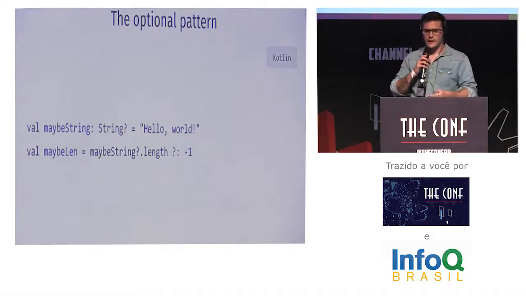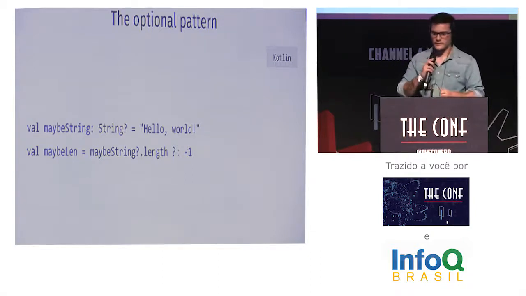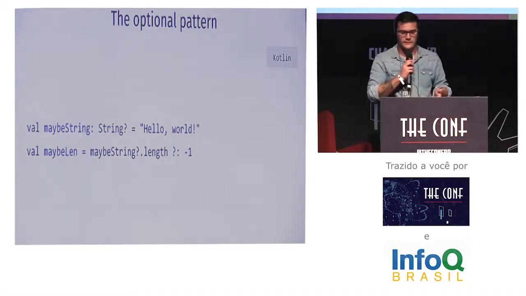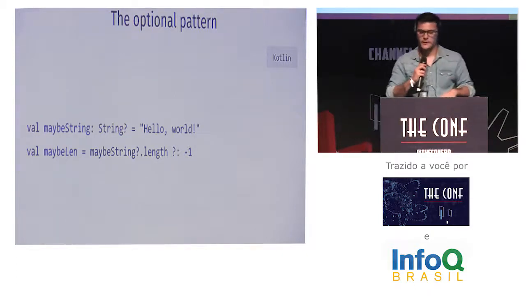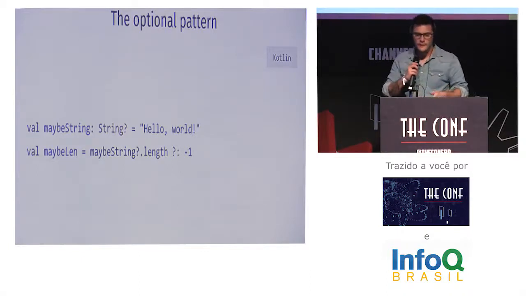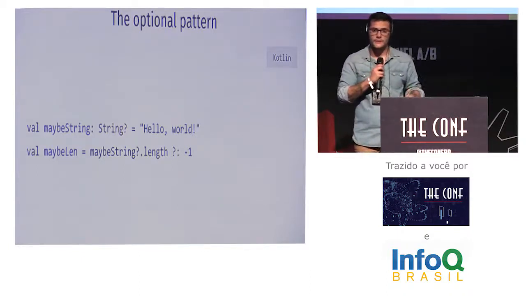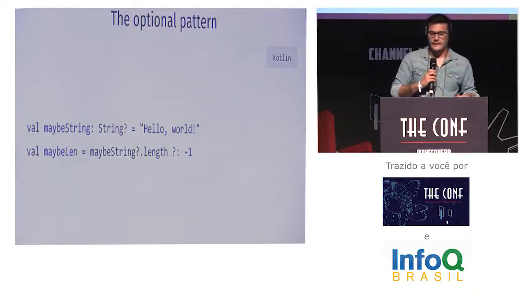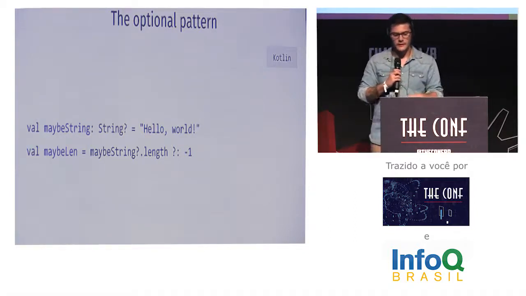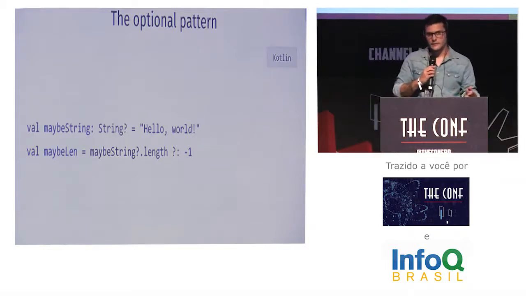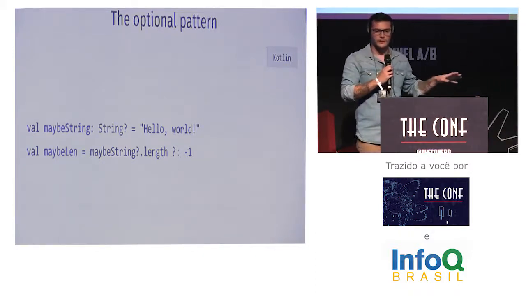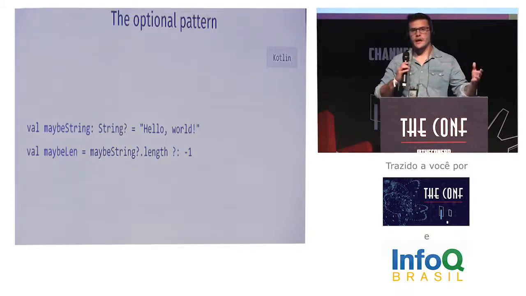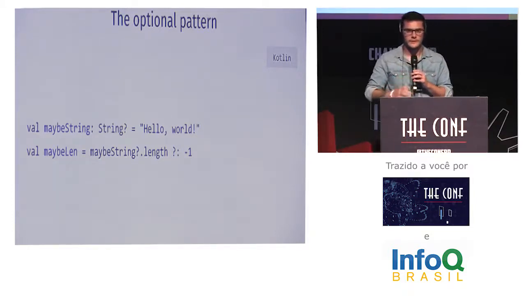Languages like Kotlin, which Valmir, one of the last presenters, showed you, also have the optional pattern implemented into their core. We just put a question mark after the type to mark it as optional, and calculate the length using the question mark dot to lazily apply the method to the variable. To provide the default value, just place it after a question mark and colon, thus creating a monadic chain like we just saw before with the Option in the Scala example.